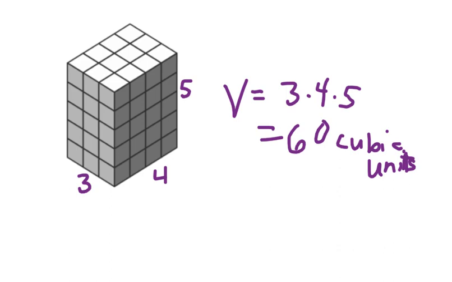Now let's look at this next one. All right, let's take a look. Oh, this is a cube. How do I know that? Well, we're going to find out. 1, 2, 3, 4, 5 for this side. 1, 2, 3, 4, 5 for that side. And the height is 1, 2, 3, 4, 5. 5 is the height. So volume here is 5 times 5